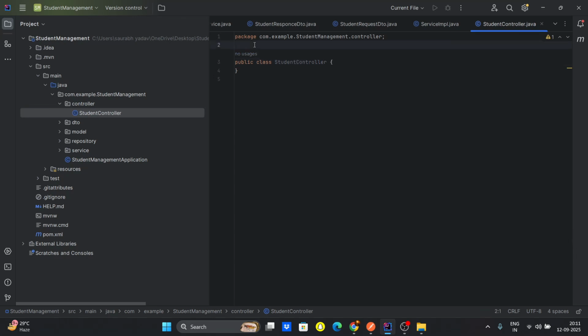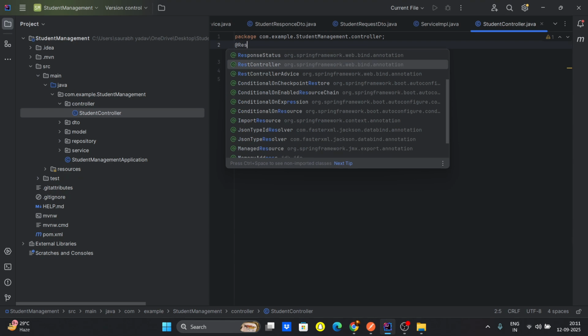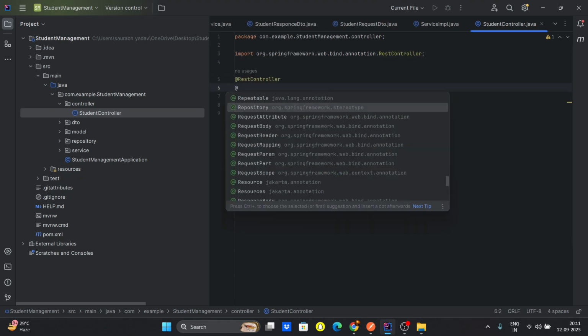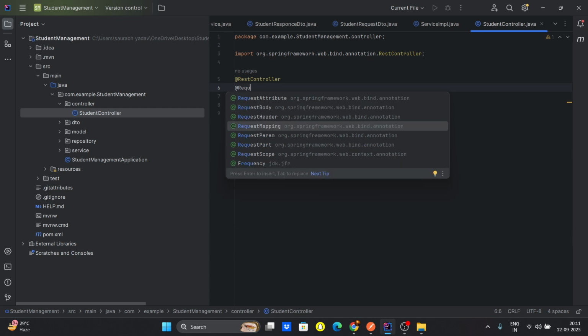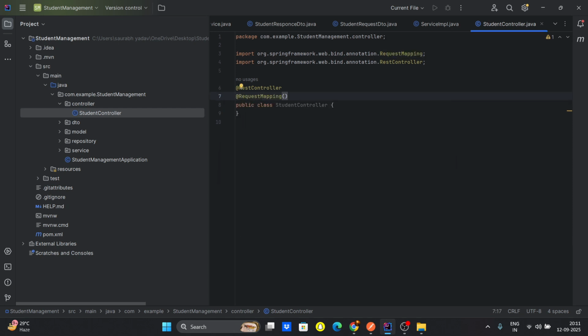So first we make a REST controller, so @RestController, and second is @RequestMapping. Inside the request mapping we must send the endpoint of our URL, and now we want to access the